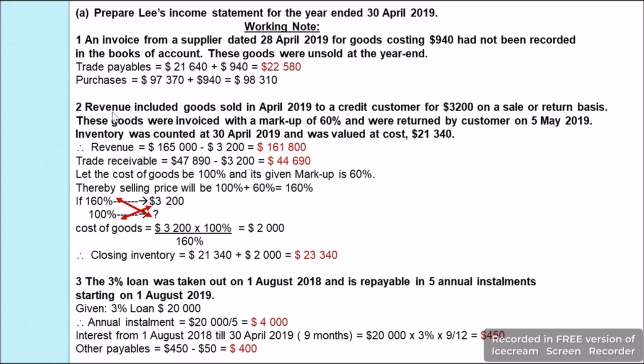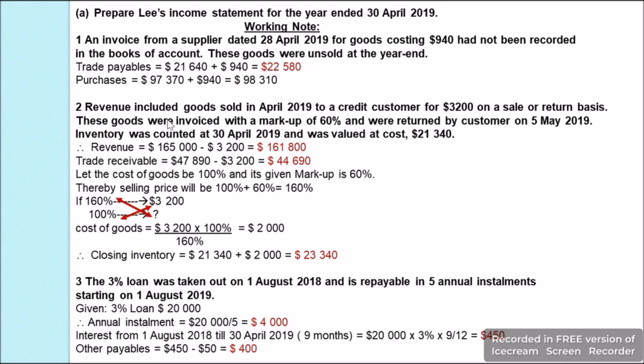Next we have revenue included goods sold in April 2019 to a credit customer for $3,200 on a sales or return basis. You see, when we talk about sales or return basis, the sale is not completed and this should not be taken as a part of our sales based on the realization concept. However, this was included in the revenue, hence this has to be reduced, and as it has been taken as a credit customer, that is, as trade receivable, that has to be reduced too. So revenue which was given as $165,000, from there we subtract $3,200, it will now be $161,800, and the trade receivable which was given as $47,890, from there we subtract $3,200, we will have this trade receivable as